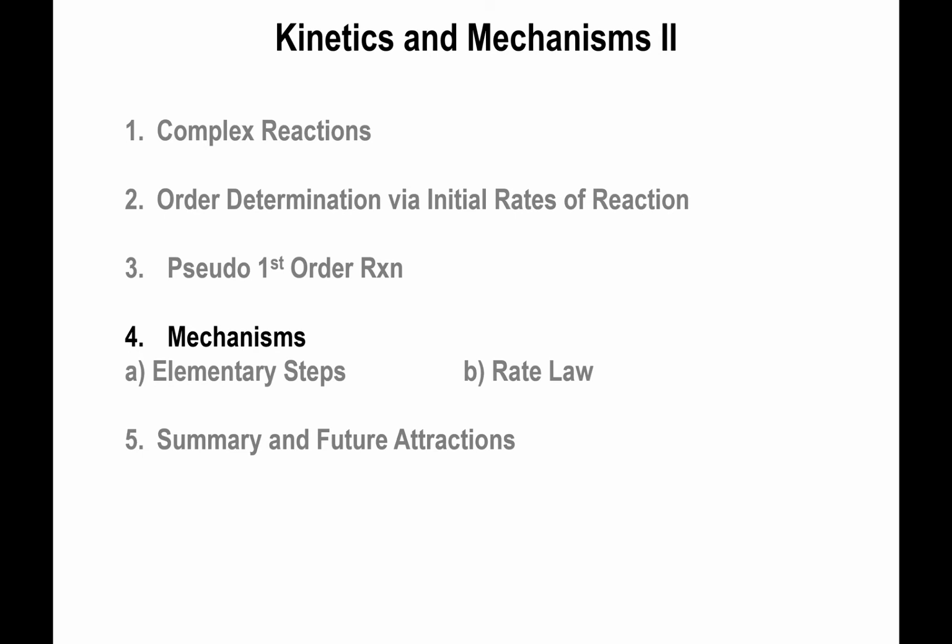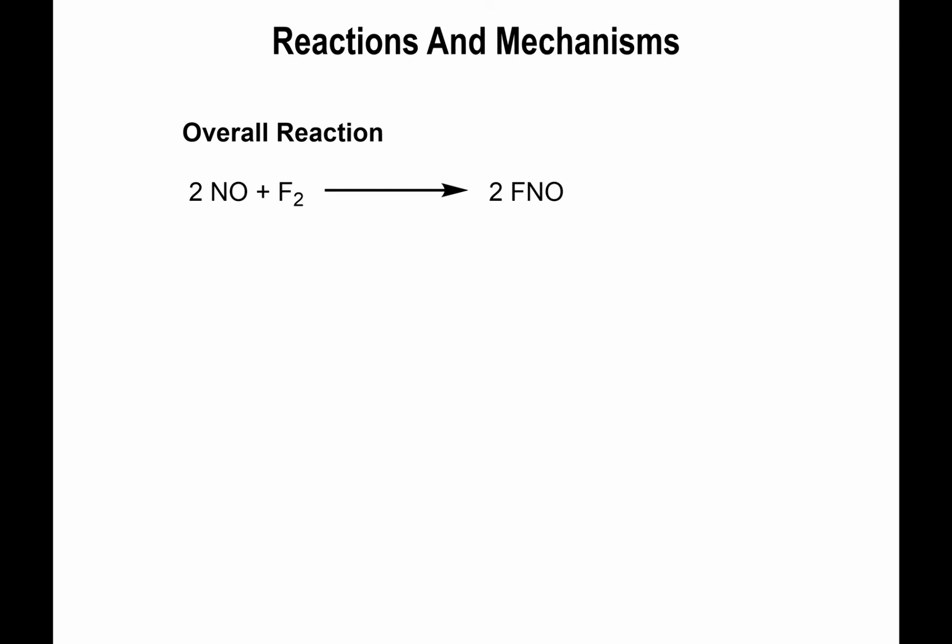Let's talk about mechanisms. At the beginning of this lecture, I told you that when you have more than one kind of reactant, you can actually undergo a series of steps that lead up to the product. So the reaction is not so simple as to say A plus B gives you C. You might actually have a series of steps in between that ultimately lead to product formation. For instance, if we look at the reaction right here, two NOs reacting with F2 to give you two